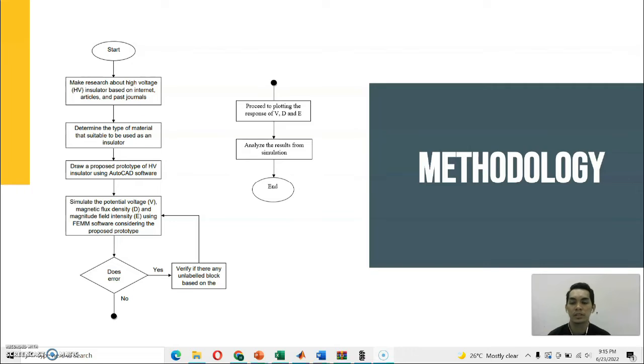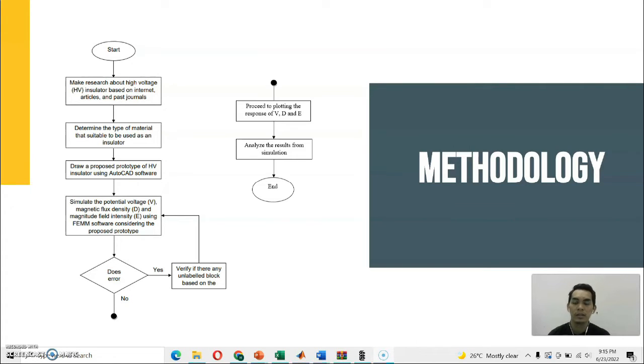Initially, my project will make a research about high voltage insulators based on internet journals and articles. Then the project will follow up to determine the type of material that is suitable to be used as an insulator, such as glass, ceramic, or porcelain. Then the project will continue to draw a proposed prototype of the HV insulator using AutoCAD software. It will then simulate the potential voltage, magnetic flux density, and magnetic field intensity using FEMM software, considering the proposed